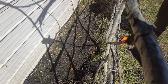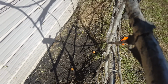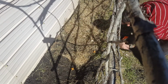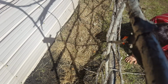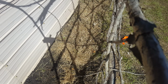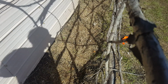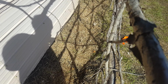If you got chickens, which you probably do, because they are amazing, you are going to want to cover your bare dirt. Because bare dirt to chickens is just like an invitation to have a bath. They start scratching at it. Now it looks far less like a place for chickens to want to